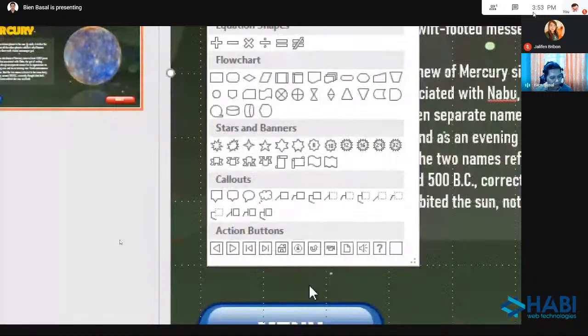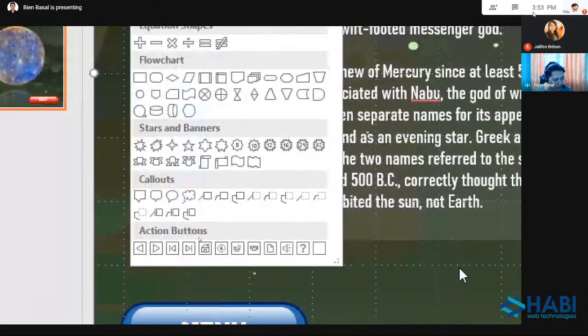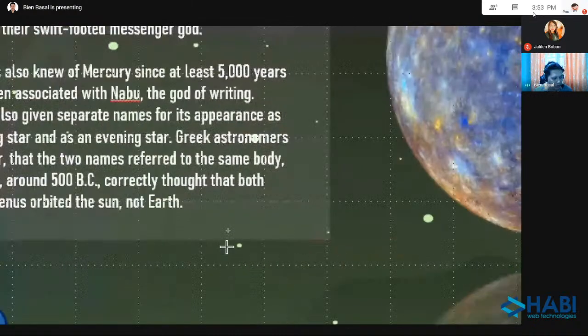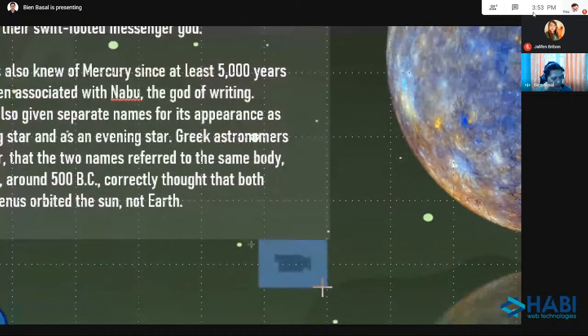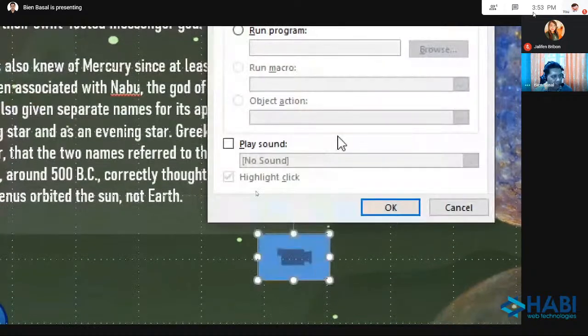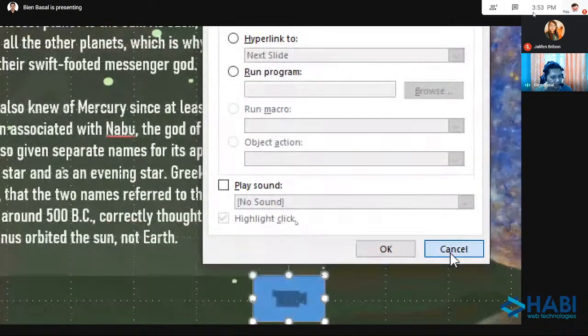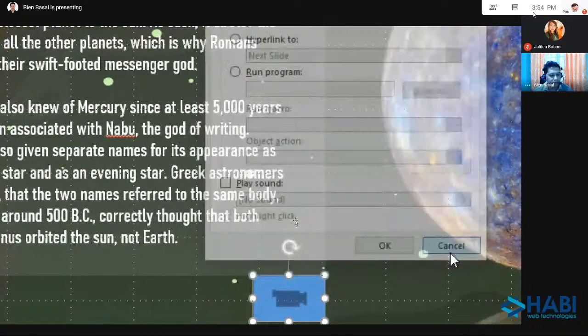We have here action button for video, but we don't have an action button for, let's say, quiz. Maybe this one. We can use this one for quiz so that you have other option. I will click this one, action button movie, and just draw. Just draw like that. If this action settings appear temporary, just click cancel. We will modify this tomorrow.